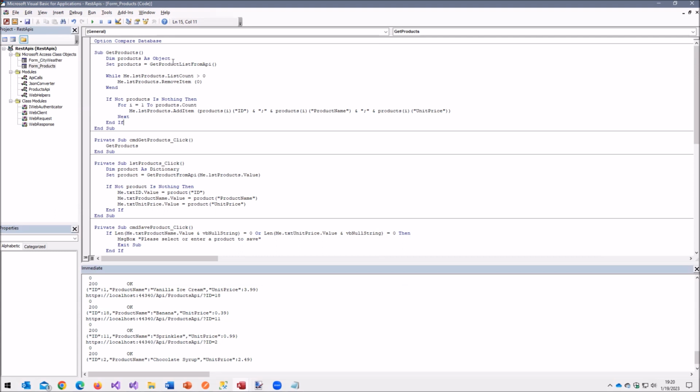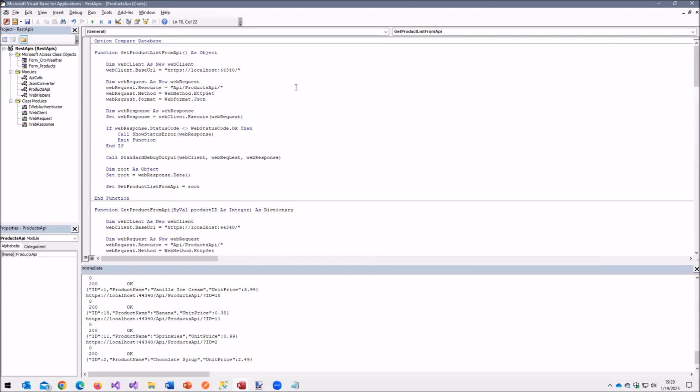So let's go look at get products list from API in our products API. So here's what it is. Now, remember, we have three things: a web client, a web request, and a web response. For the web client, here's my base URL, localhost 44330. It's on my dev machine.